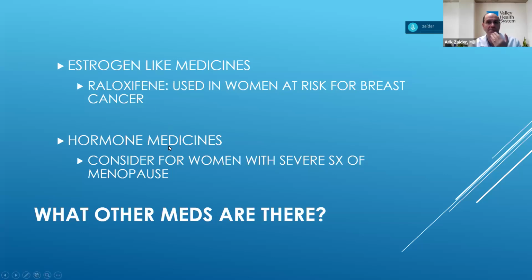Then there's hormone replacement therapy. Now, hormone replacement therapy has gotten a bad rap because the Women's Health Initiative study, which was done 20 years ago or more, did show cardiovascular complications in patients who received hormone replacement therapy. However, if you have someone who is of the just postmenopausal age, who does have advanced osteoporosis and has very severe menopausal symptoms, sometimes you'll give hormone replacement therapy just for a brief period, and it will help the menopausal symptoms. It'll also help build up the bone. So these are not commonly used, but there are certain places for them.